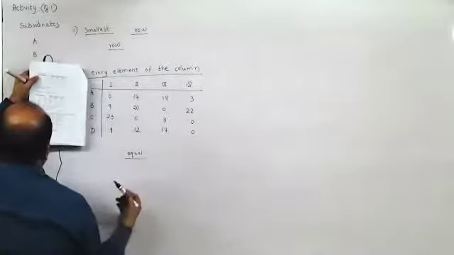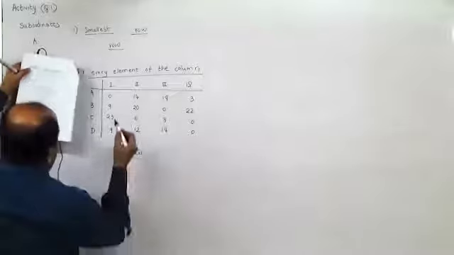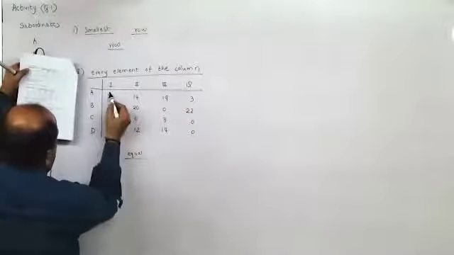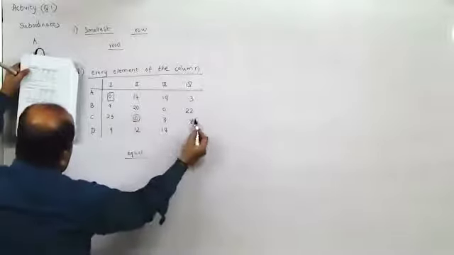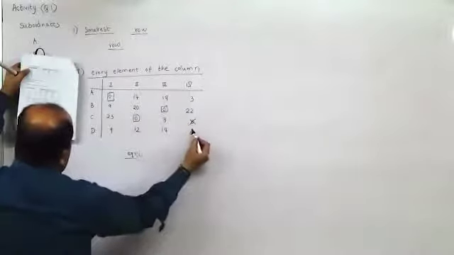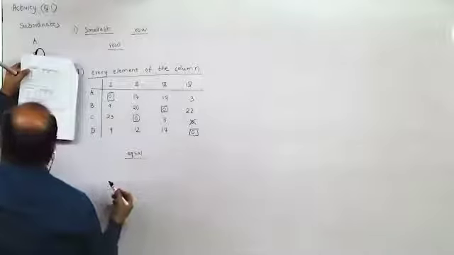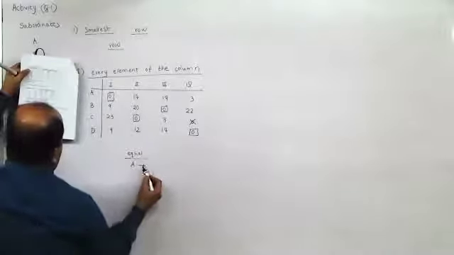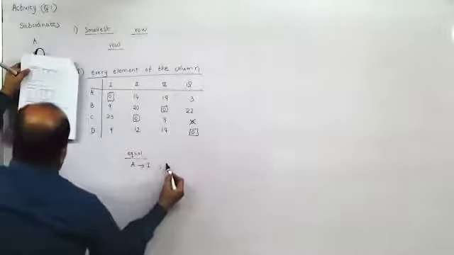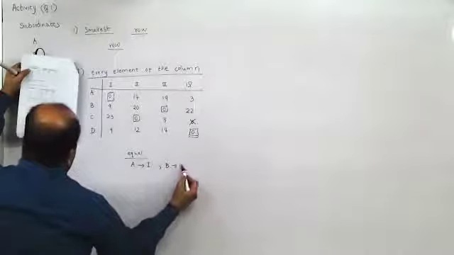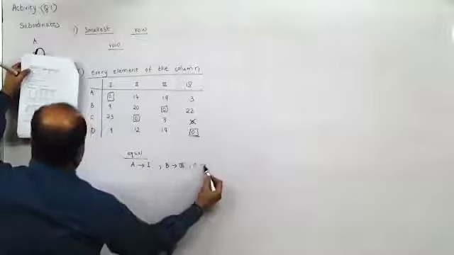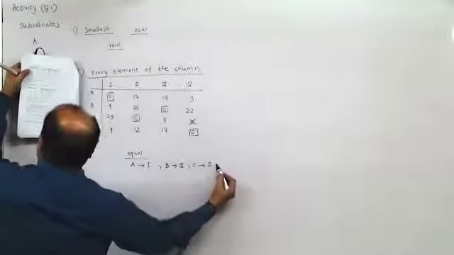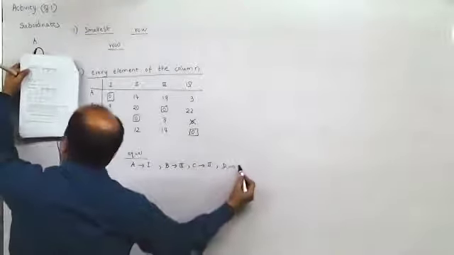The assignment is made as follows. Now, which one would be assigned here? First column, only one element. Then second column, only one element. Cancel this. Third, this one. Fourth, this one. So A is assigned to 1. Then B is assigned to 3. Then optimum solution is as follows. C is assigned to 2. And D is assigned to 4.